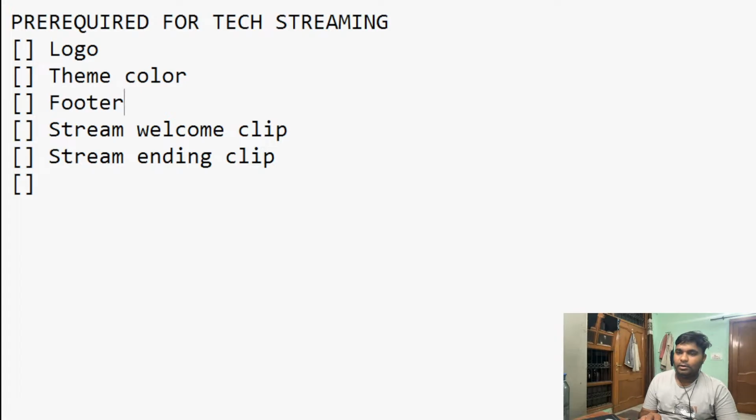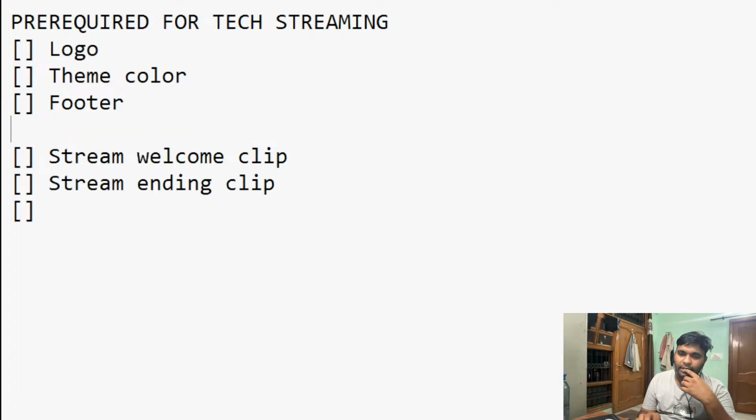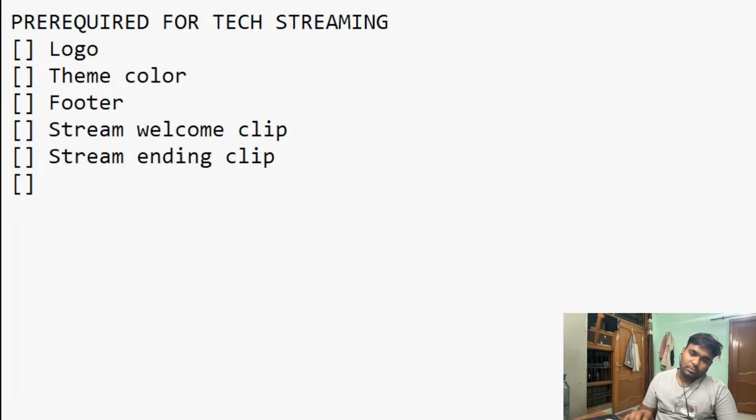Footer, theme color, logo is done, footer, and then the text will be available, prompt.